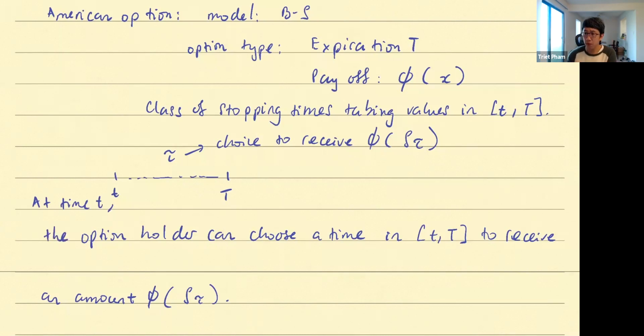So what is the big deal here? The big deal here is two things. First of all, there's no fixed time that the person has to exercise the option and receive a payoff. So there are two things. The time that they choose,